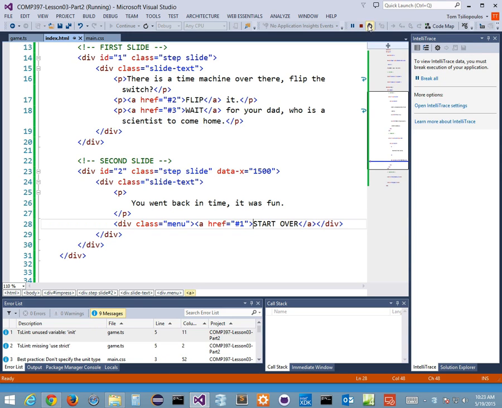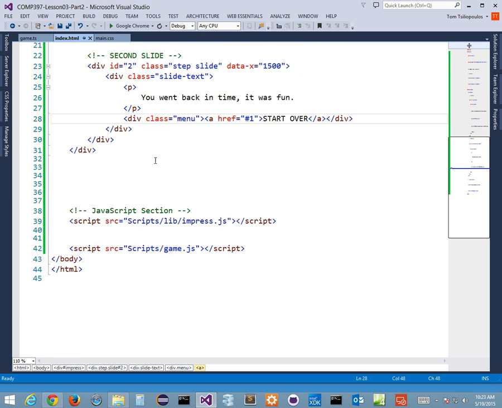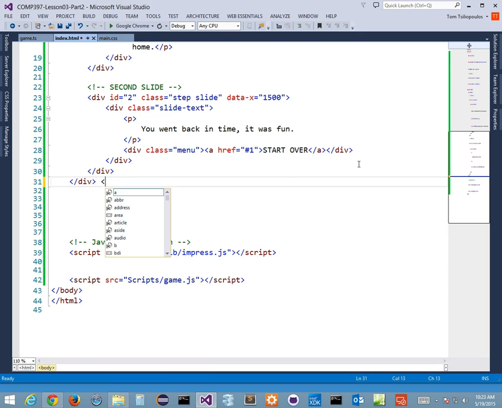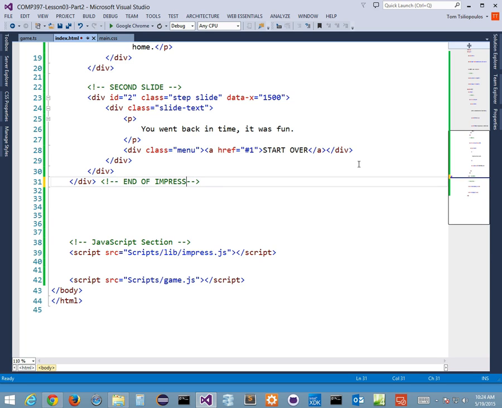Let's do another slide. I'm going to stop debugging. I'm going to go back and do our third slide. So again, it's this div tag, this div tag, this outer tag. Sometimes, you know, when I have too many div tags, I get lost. So it's a good thing to kind of put in. Sometimes this is end of impress. I put this in there so I know that this div tag is my outer container,